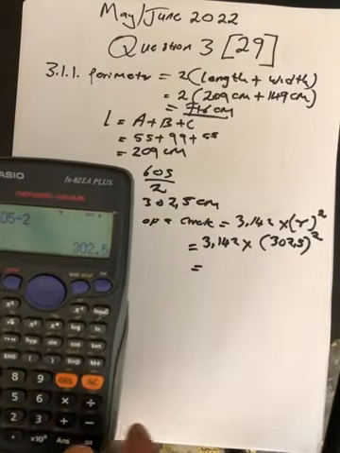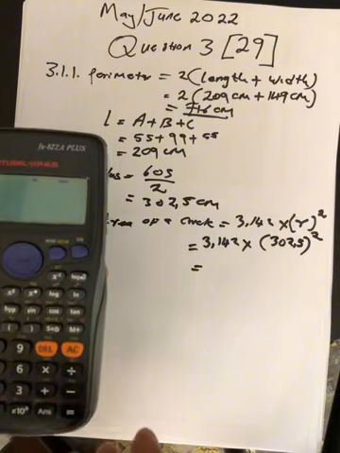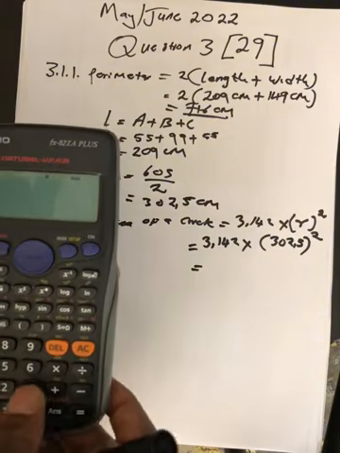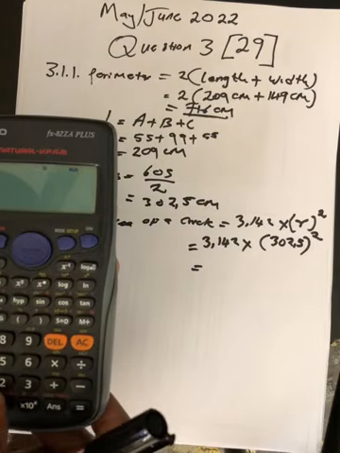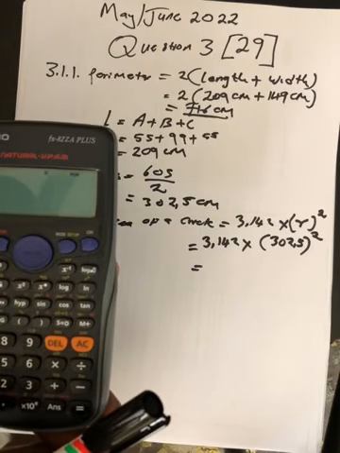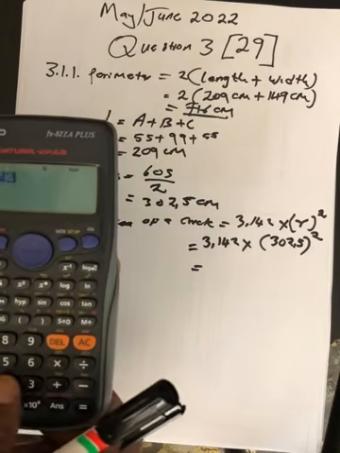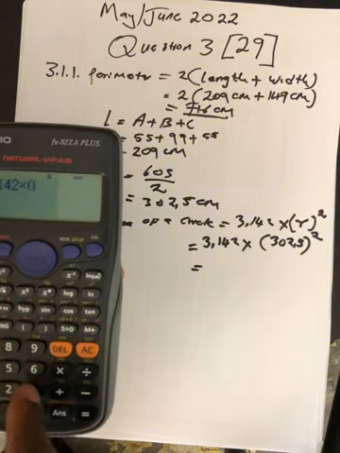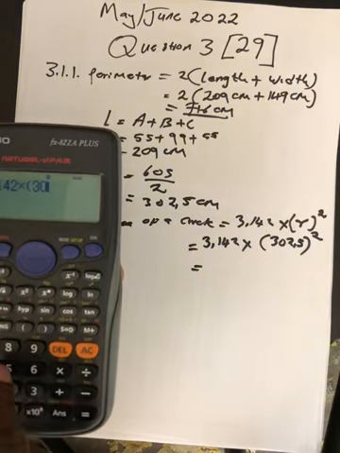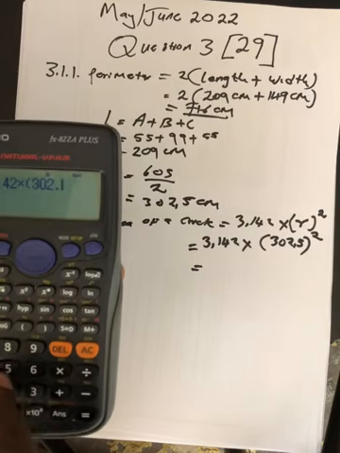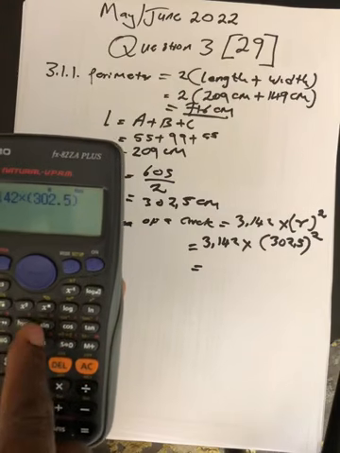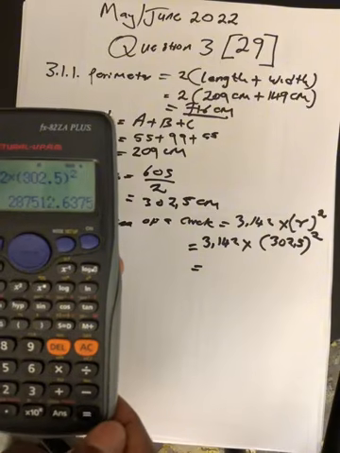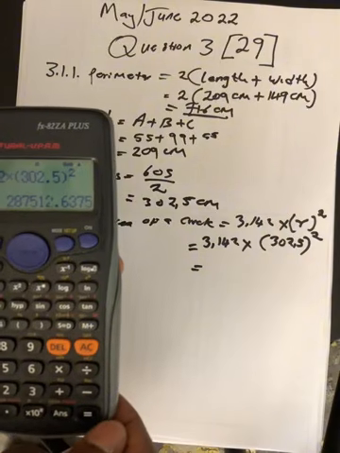Make sure that you do not change anything. Most learners, they don't know how to use a calculator. They end up getting wrong answers. Just say 3.142. I believe you are doing this with me. Multiply by, you open the brackets, 302.5. You close the brackets and then you say to the power 2. To the power 2, and then your answer here is